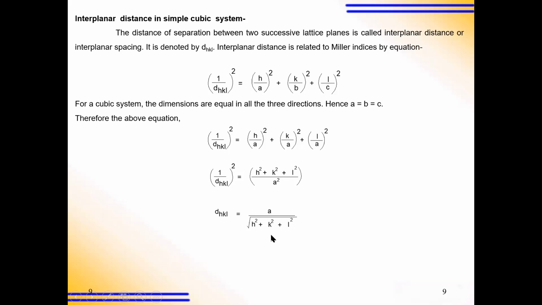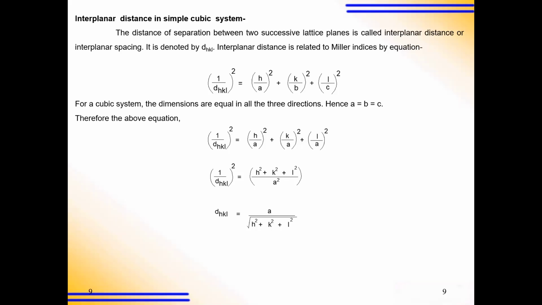root square, right? So this is the exact equation to calculate the Miller indices. On the basis of these equations we are able to find out the Miller indices and the spacing of lattice planes. त्याच्यावरून आपण spacing of different cubic lattices are also to be calculated by using these equations. Which equation? DHKL is equal to a upon root of h square plus k square plus l square, where a is the length of cube sides and HKL is the Miller indices of the plane.